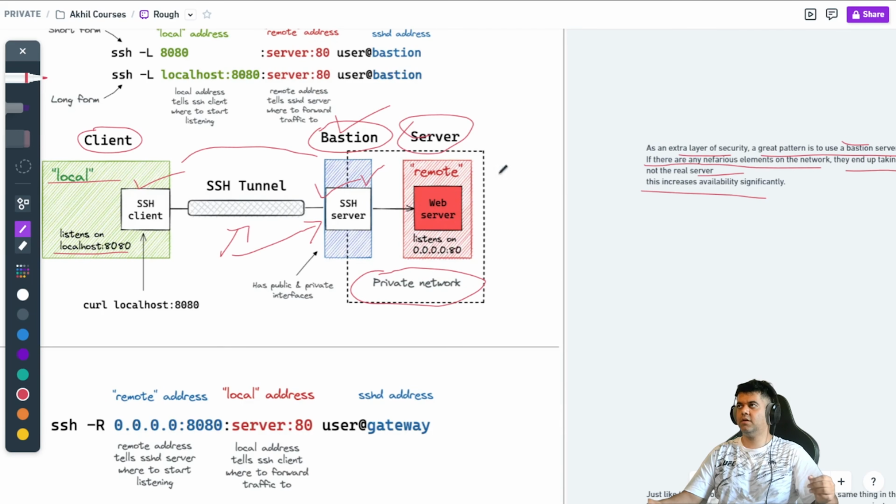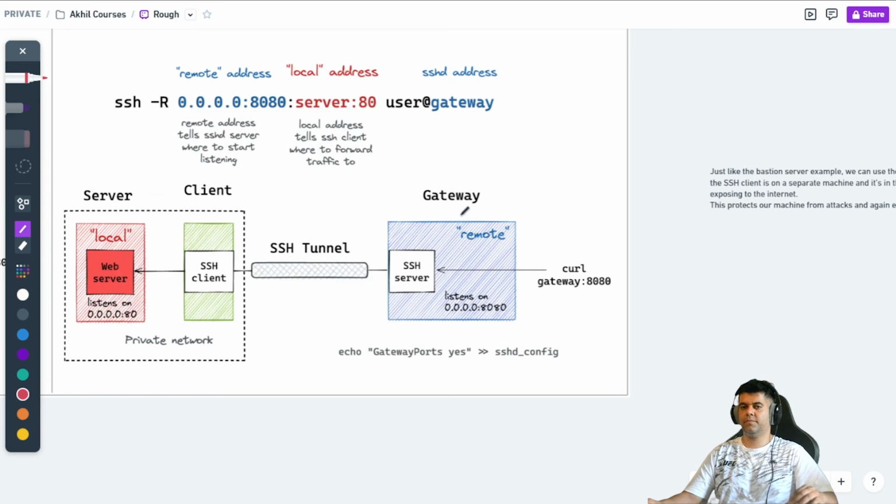So this SSH server and the remote server are on two different VMs. And if there's an attack, the Bastion server goes down, but the web server still remains intact. And we can easily replace the Bastion server later if required. Now, the fourth pattern to use SSH tunnel is the Bastion server concept, but in reverse, wherein at the client